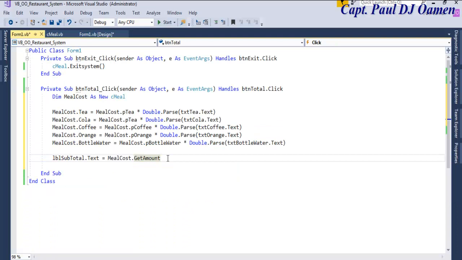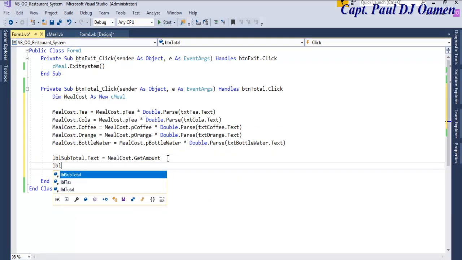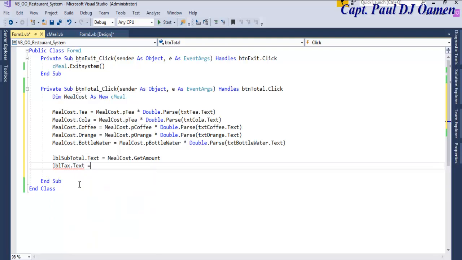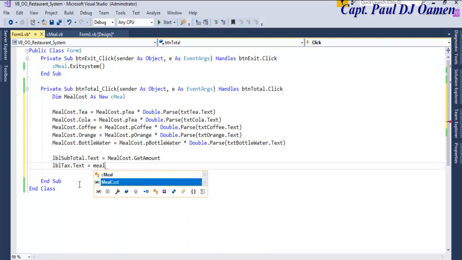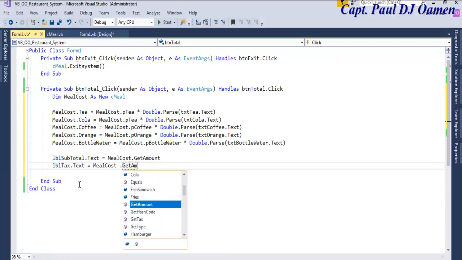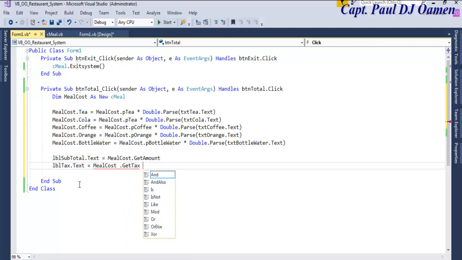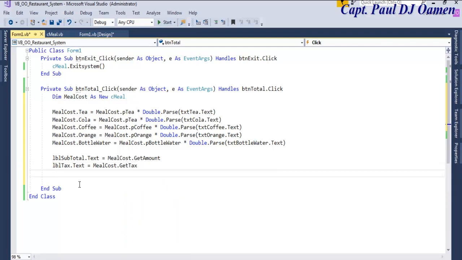Alright, the next one is, let's get the tax out of the way. Tax equals meal cost dot get tax. Right. Now that those two are taken care of, the other thing is we now need to add up total. So we can say,